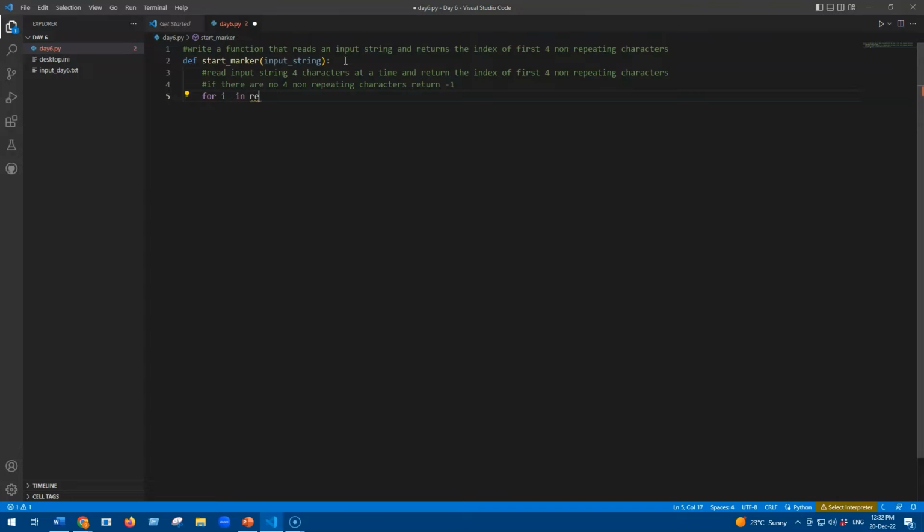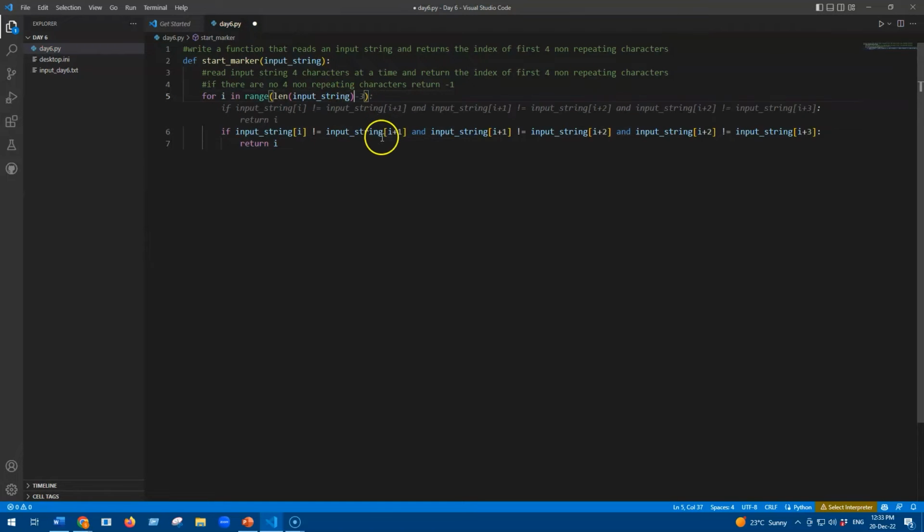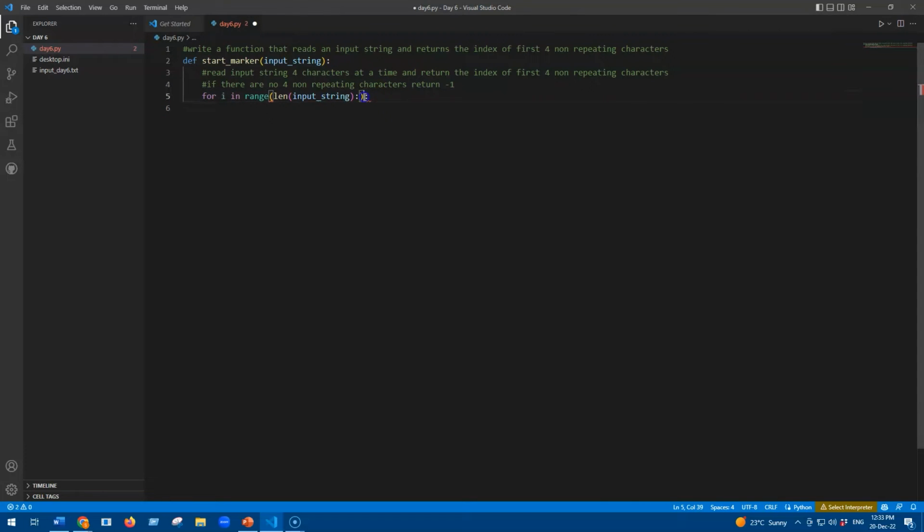For i in, why don't I start doing it? For i in range, len. Okay, so if I do that. No, you go away here. You're letting me down, Copilot. All right, so length of input string. Now segment equals, ha! That's beautiful, right? So, if length of segment equals 4,